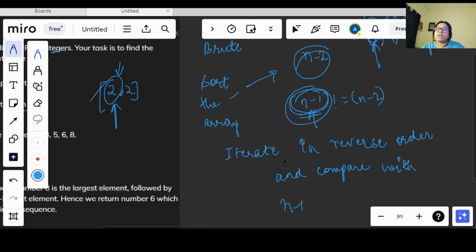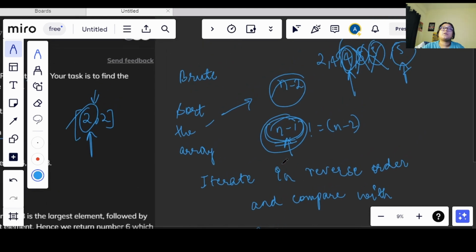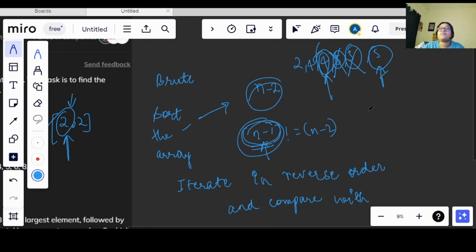In case we have duplicate elements, like I said in the previous example, we have been given 2 and 2. For such cases we will have to take care of that, right? So in case we are not finding any smaller value, then we will have to return -1. Okay, so that is one thing. Now the sorting of the array, if you are using any function, or the most optimized sorting that you will do, will have a time complexity of O(n log n). Now how do we optimize this, right?